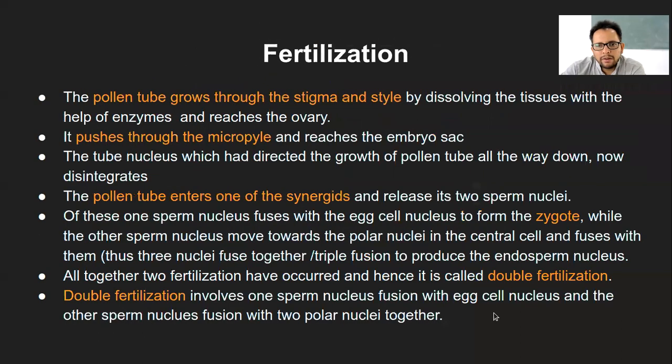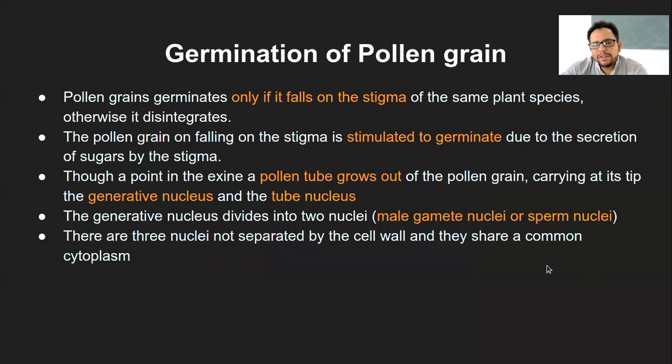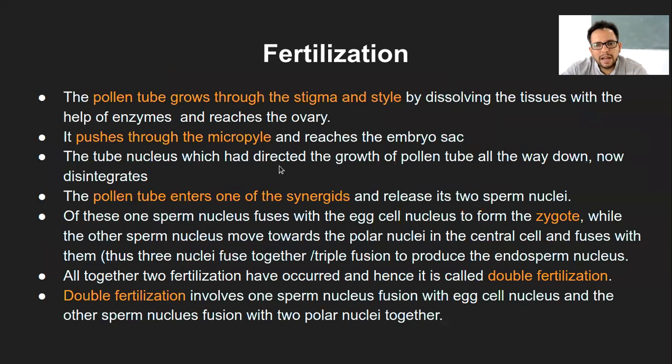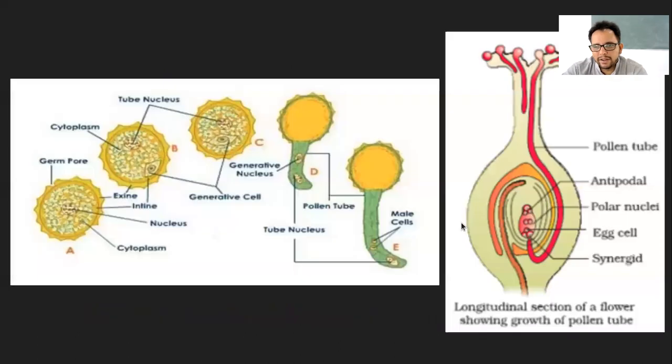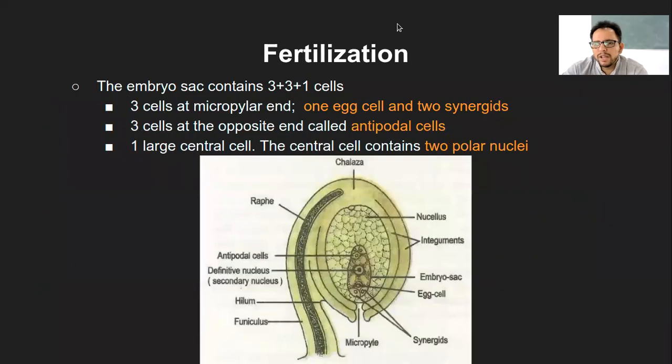Okay, this will take a little while to explain, so I guess we can stop here for now. In the next class, we will start with the germination of the pollen grain and the fertilization at the end. There are hardly four slides, I guess, and then we will be done with this chapter. So next class, we should be done with this whole chapter. Are there any questions?